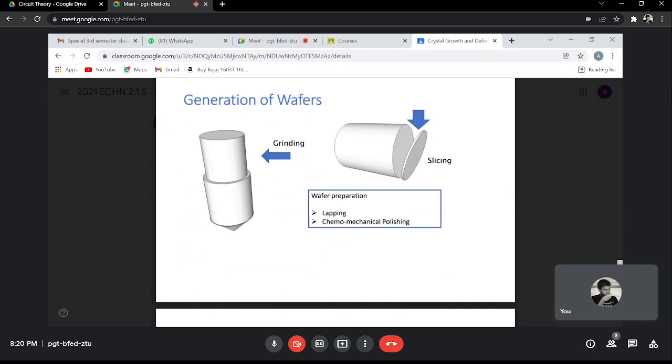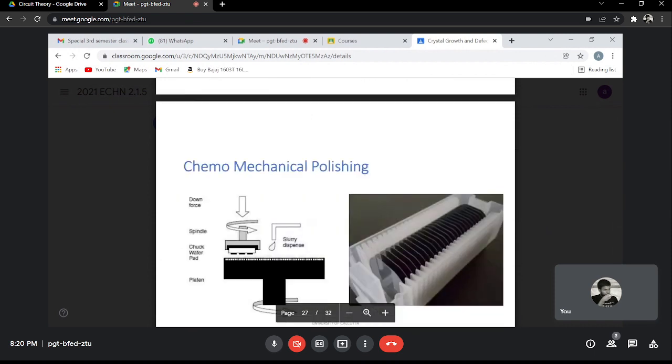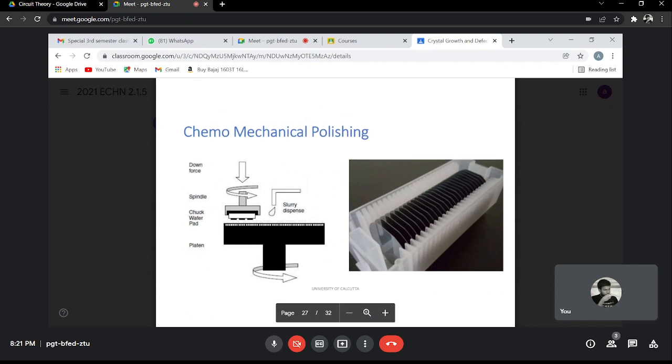So the damage has to be removed by something called CMP, chemomechanical polishing, in which you use a powder, like a slurry, like a paste, which polishes the surface, and also some chemicals which etch the surface. So together you remove the surface both mechanically and chemically, and then it looks like the picture that is there. So that's the starting point of all processes of fabrication. Okay,